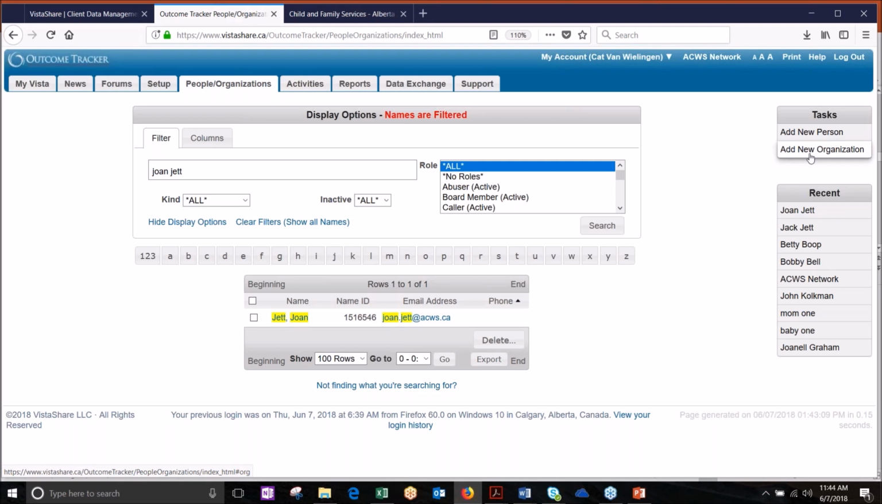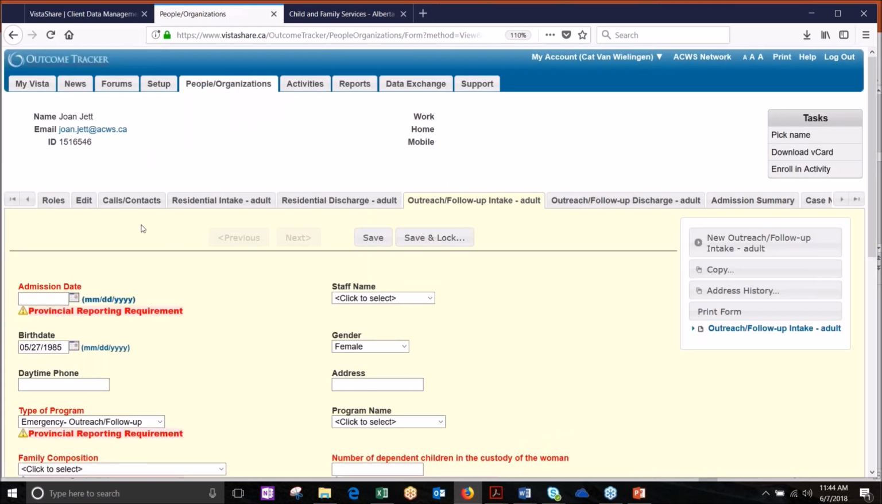So I think that's a good point. I think a very brief overview of the typical stream of service for a client might be helpful. Typically, first it will be a call contact, and then admission into residential or outreach. And then case notes around that